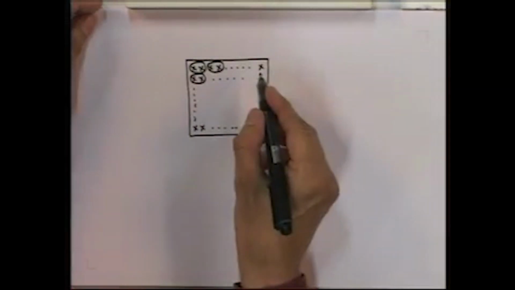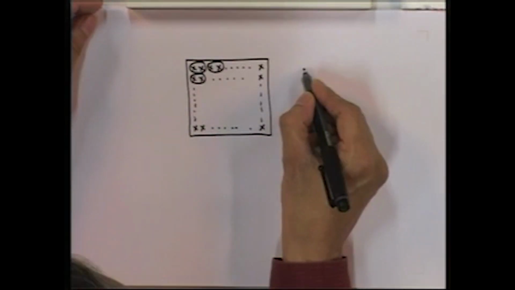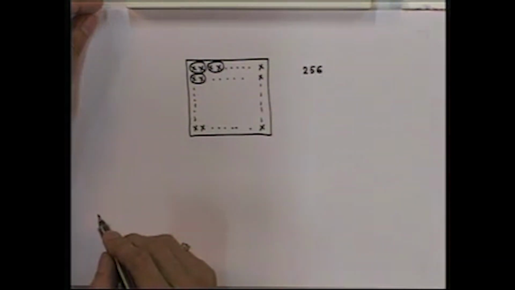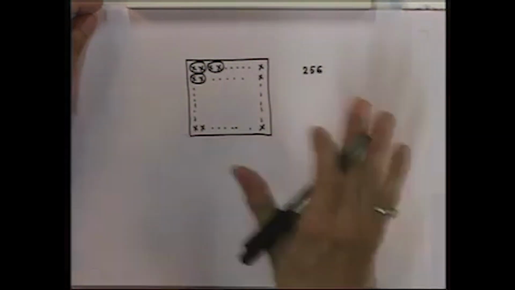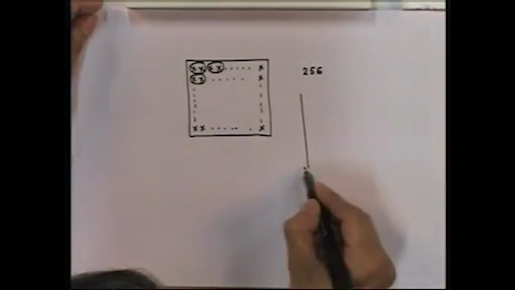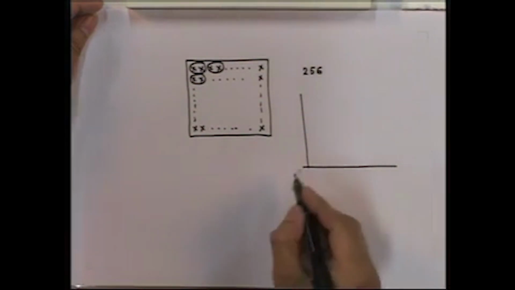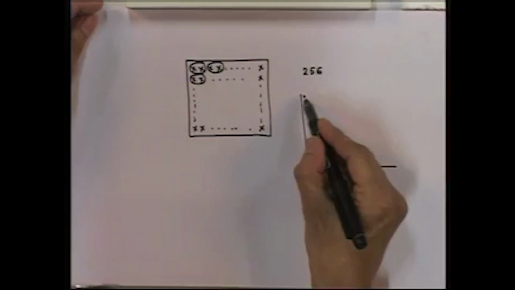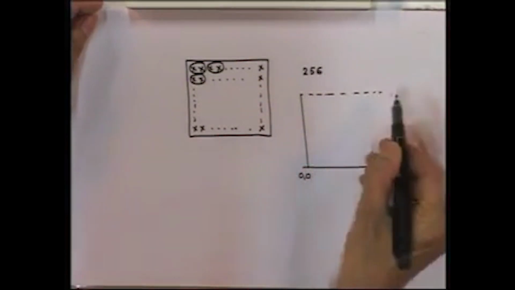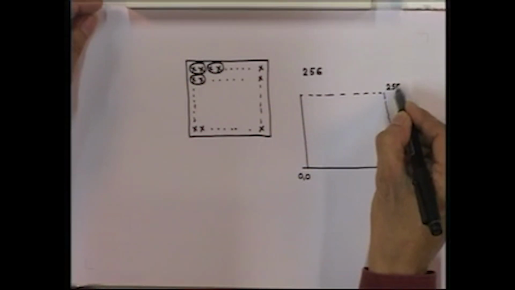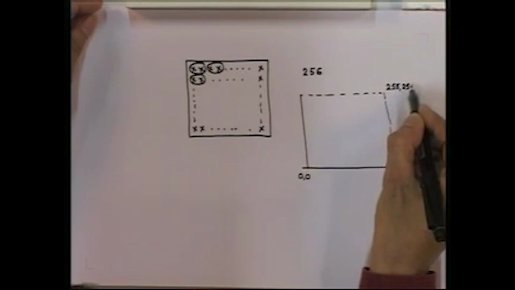Now, if we assume that the input image has 256 shades of gray, then we can visualize the vector space as the (0, 0) to (255, 255)